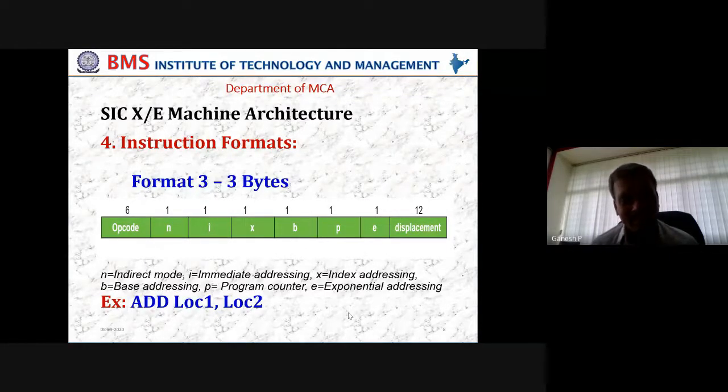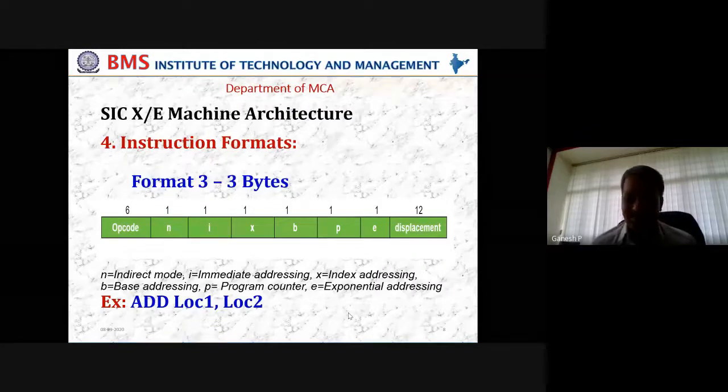So displacement is, as the name says, from the base address or from the main location, how far you are. If that is the case, we call that an offset or a displacement. You might have seen in physics also, the displacement of an object from an original location, how far it has traveled. Same word we are going to use, how far your element is from your main location or the base address.